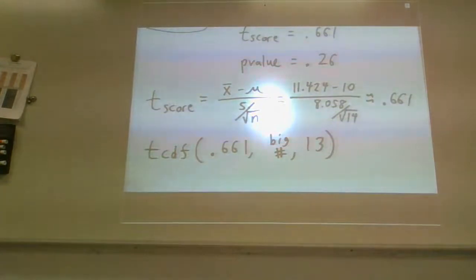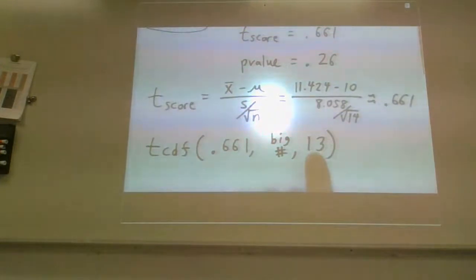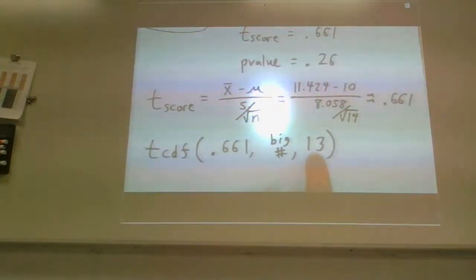Because the alternate hypothesis was trying to determine, okay, well, is he overspending $10? Is it greater than $10? That means that I would technically be trying to go from above $10 or the data point or greater. In this case, it would be the t-score or greater. Unfortunately, those are the only numbers that I can type in. And notice I put in a 13 here because that is the degrees of freedom, n minus 1.